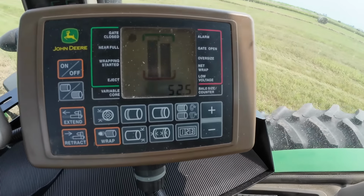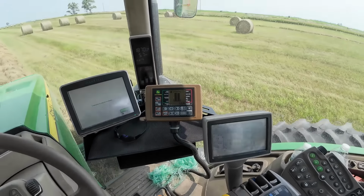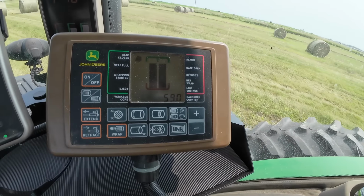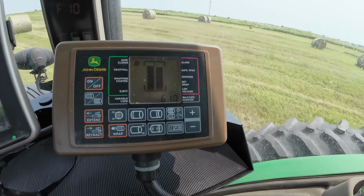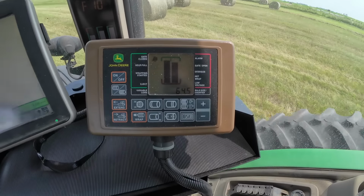Couple videos back, someone asked what all the beeping on this monitor means, and we'll go through that quick. Just indicating some different things. So that number there is the diameter of the bale. We're making close to 70-inch bales. As it gets to about 60, it tells us that it's getting close to full, and then at about 65 inches you get the,